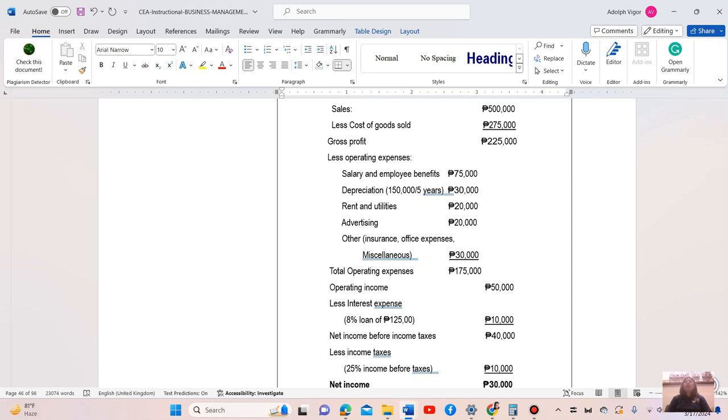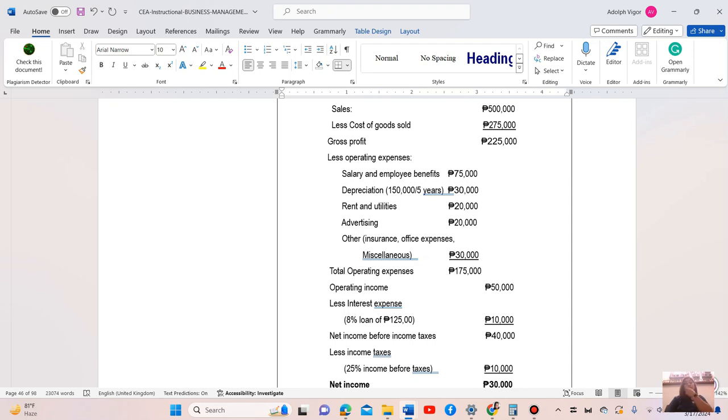Your total operating expenses is 175,000. Your operating income is the difference between the gross profit and your total operating expenses. You have operating income of 50,000. So that's a good sign because it's positive. So from the operating income,